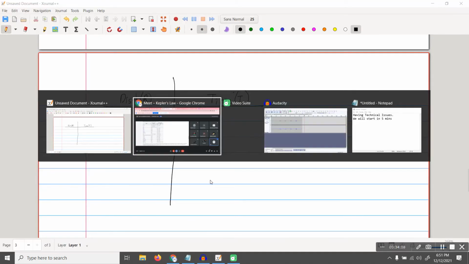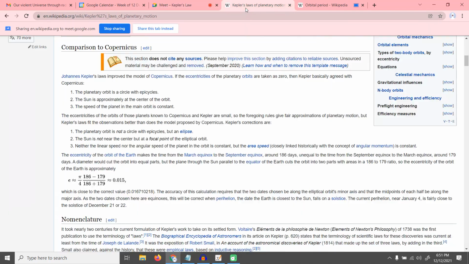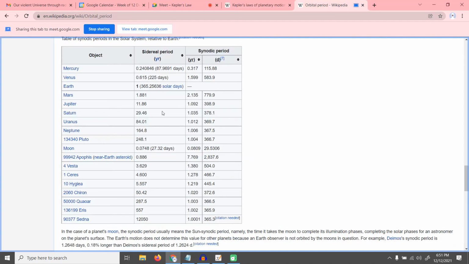Okay. All right. Notice what we have over here. We have the number of days, or how many years a planet takes to go around the sun. Earth obviously takes 1 year. Mars will take a little more than that, 1.88 years. Jupiter will take 11.86 years. This is Earth years, okay?